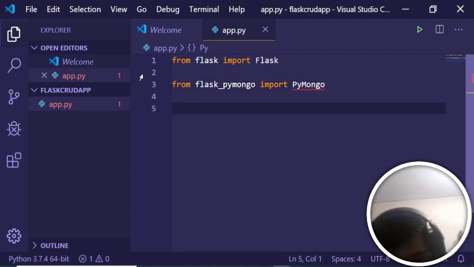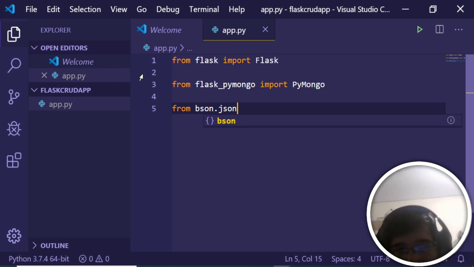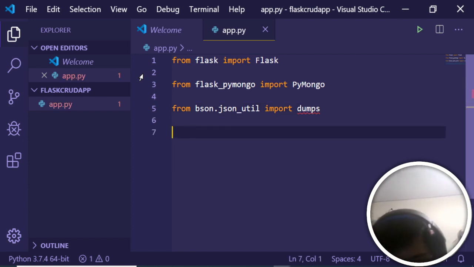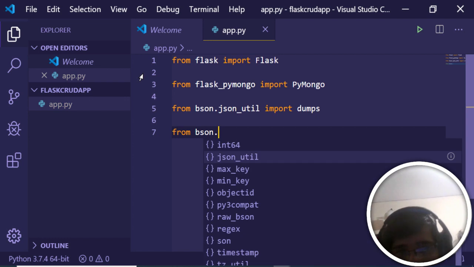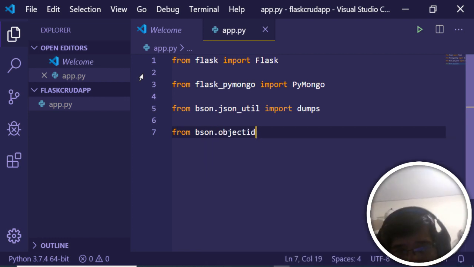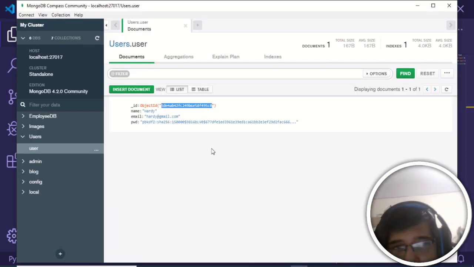And thirdly, we will also be importing the bson library in order to convert BSON into JSON. So this is kind of a util library here. We just need to import it. So from it, we just need to import dumps. And also we just need to import from bson.objectid the ObjectId. So this library will be useful in order to generate random strings that will be our ID for our records here. So you can see that these IDs that are generated here, this is all being generated with this library,